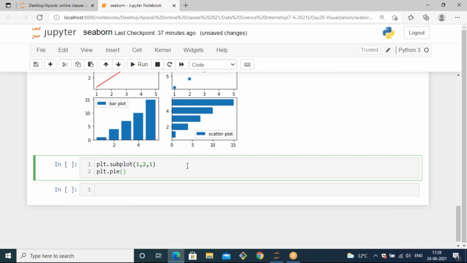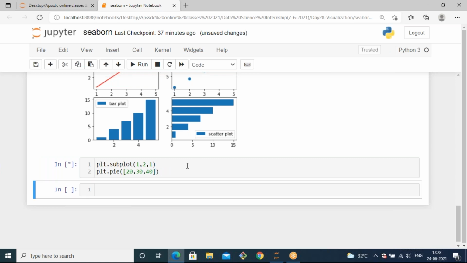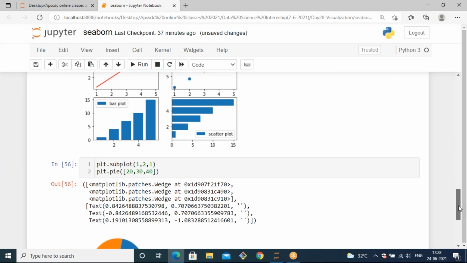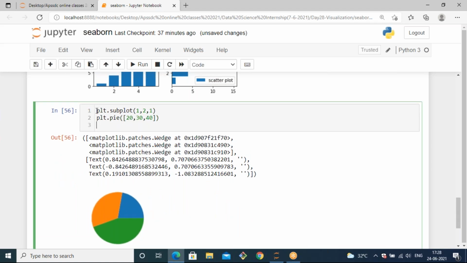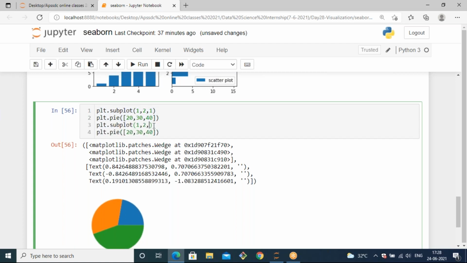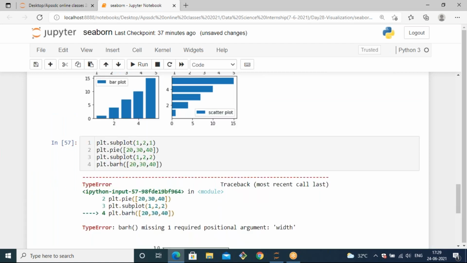Then you can specify the values that you want to plot. If I pass 20, 30, 40, and I don't mention labels, let's see. It will automatically generate a pie chart in a single subplot at the first position. And if you want to generate another subplot, you can do it in the second position. There, if you want to generate a bar graph, you can use barh.